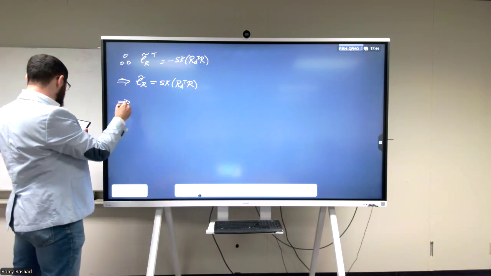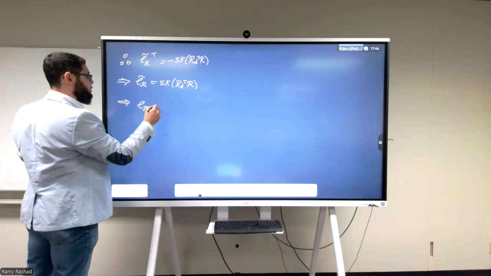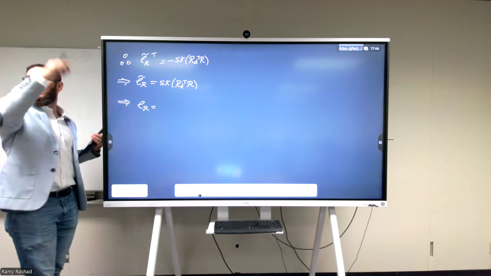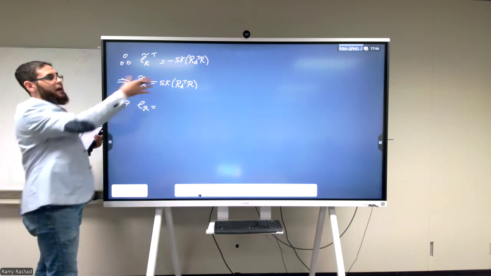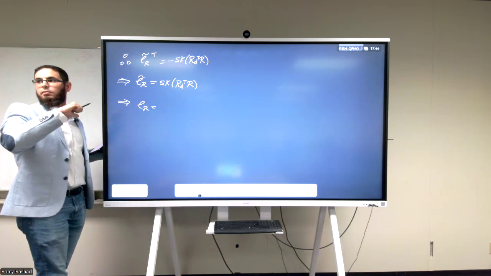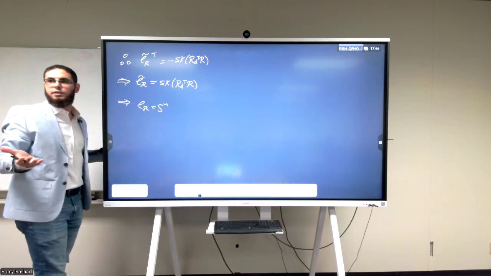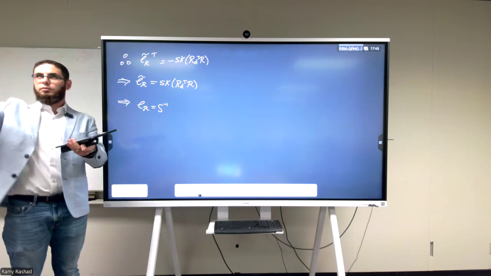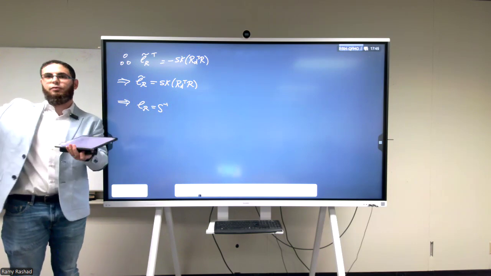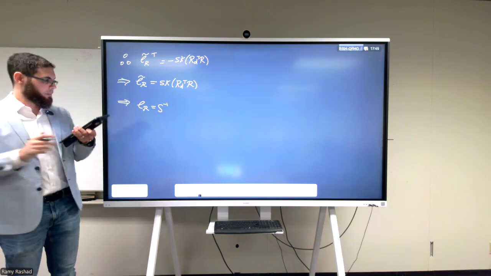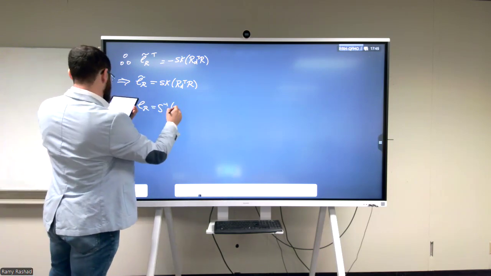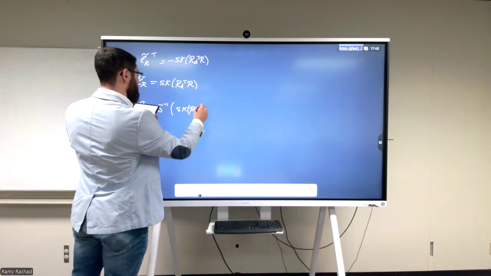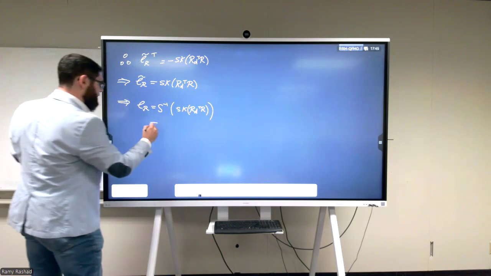And consequently, this implies that ER is equal to, so this skew symmetric matrix, I can calculate it from a vector through the S map. So if I have the skew symmetric matrix, how can I convert it back to a vector? The S inverse, right? If I give you a 3 by 3 skew symmetric matrix, you take 3 of the components that don't have the minus, and you say this is my vector. So this is S inverse multiplied by the skew symmetric part of RD transpose R,